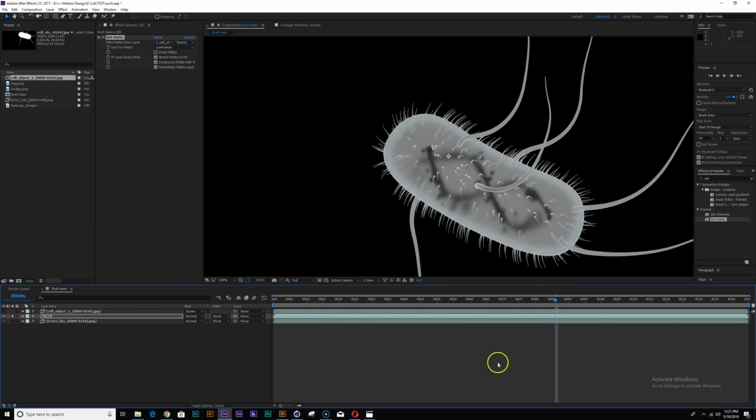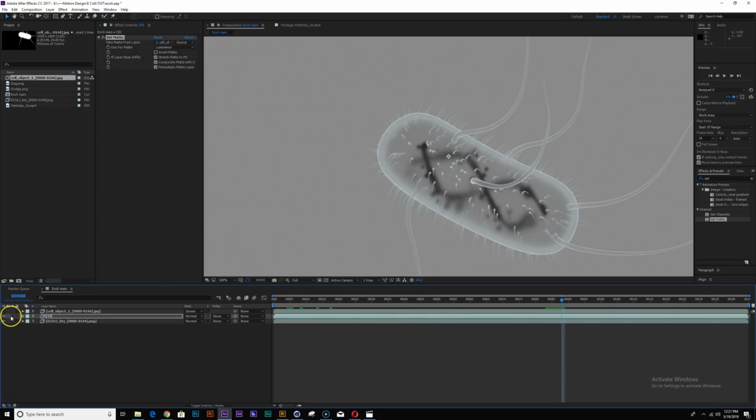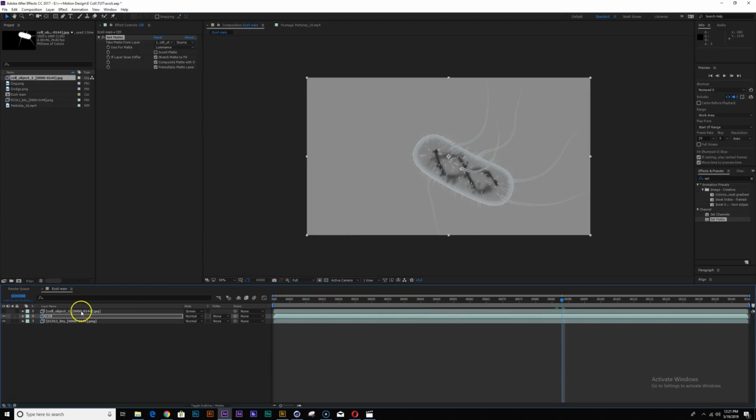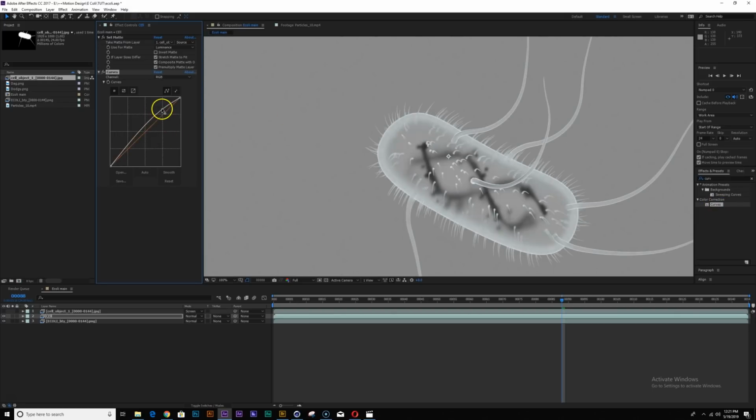If I isolate this, now we have our cell by itself. With this, let's add a curves and maybe boost the contrast a little bit like that.